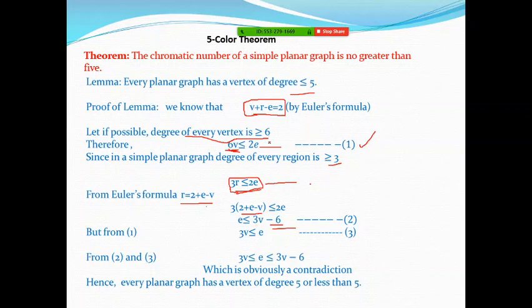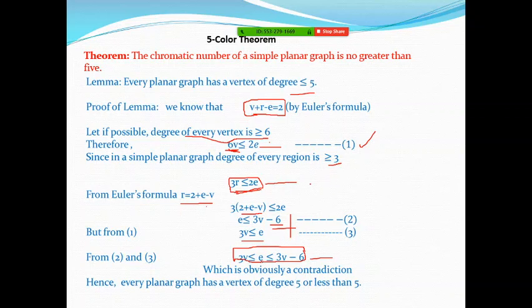And if we see this result number 1, it is 6v less than or equal to 2e. That means it is 3v less than or equal to e. So if I combine these two, that gives one absurd result, that is 3v is less than or equal to e, and e is less than or equal to 3v minus 6. So it is not possible that a number is lying between 3v and 3v minus 6. 3v is on the lower side and 3v minus 6 is on the higher side, and it is a positive number. So yes, it is an obvious contradiction.